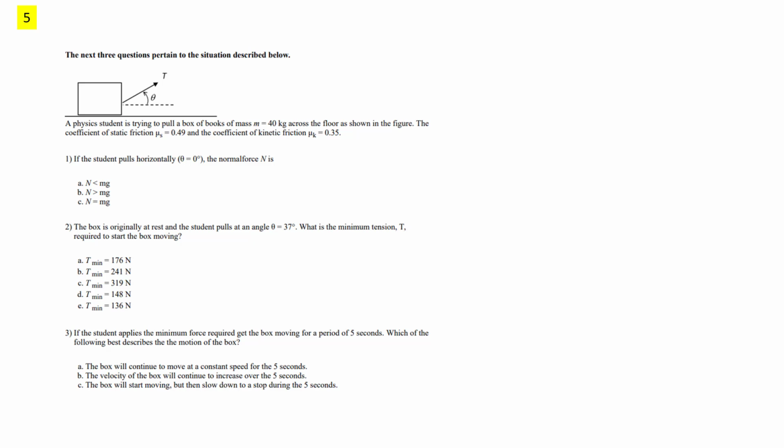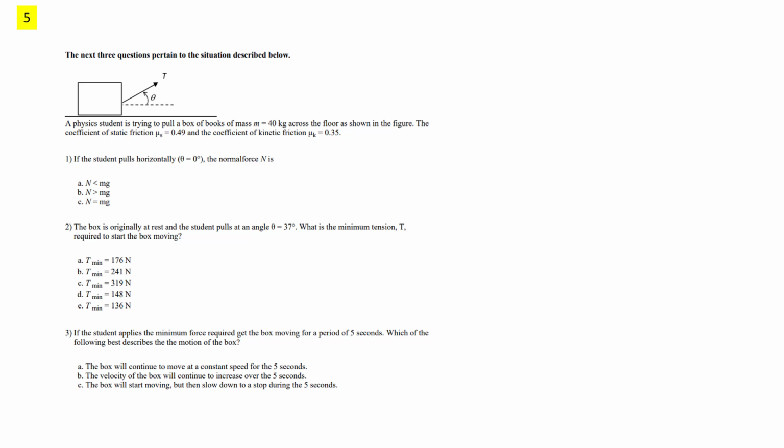All right, here's question 5. We have a physics student trying to pull a box of books of mass 40 kilograms across the floor as shown in the figure. The coefficient of static friction mu s is 0.49, and the coefficient of kinetic friction mu k is 0.35. The first question says, if the student pulls horizontally, so we set that angle theta equal to 0, what is